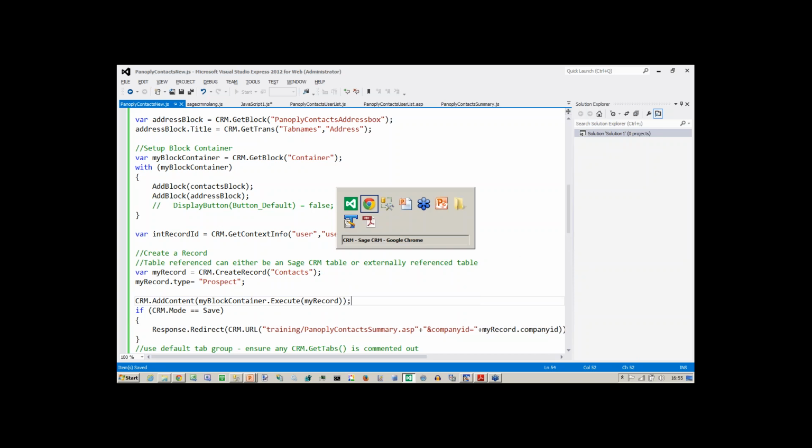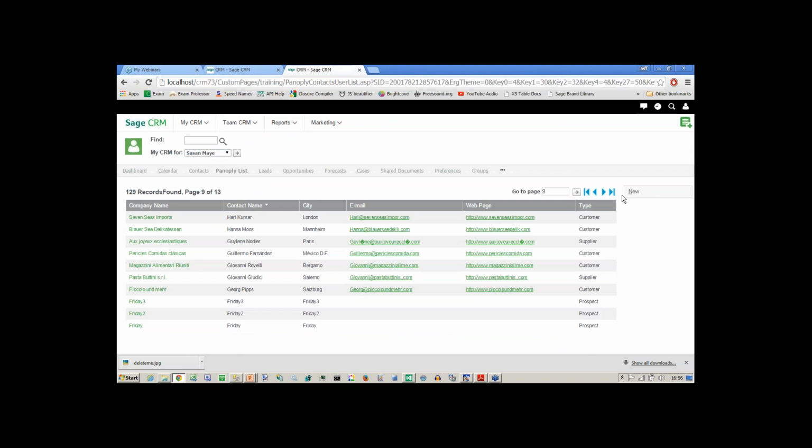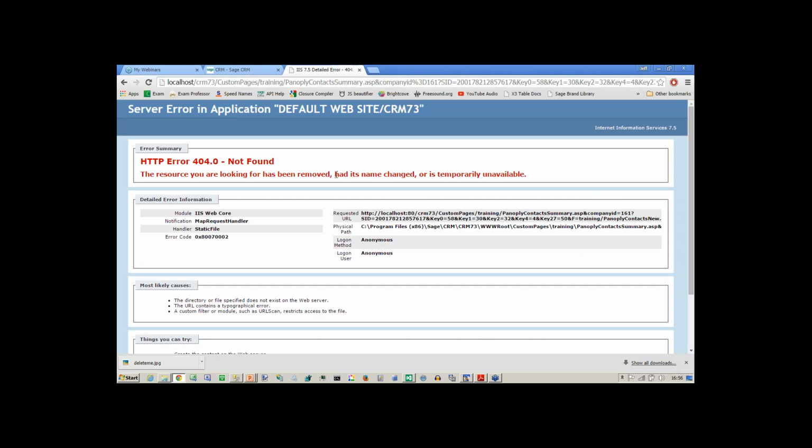So now, if I go into my CRM panoply list, choose new, add in all the information that we want, so I put in the information, choose save, and the redirection is that I've managed to redirect to a page